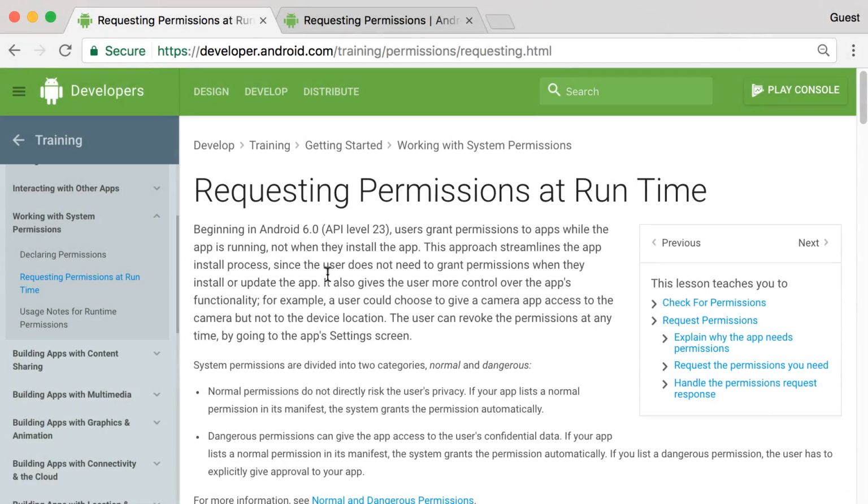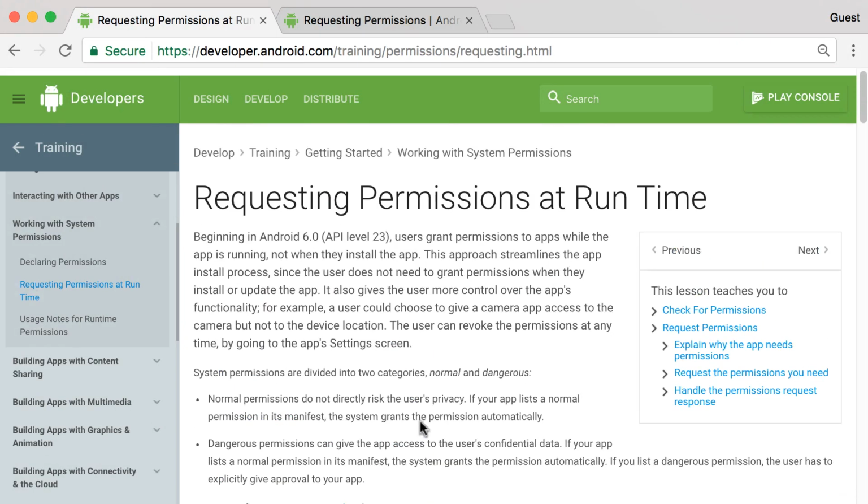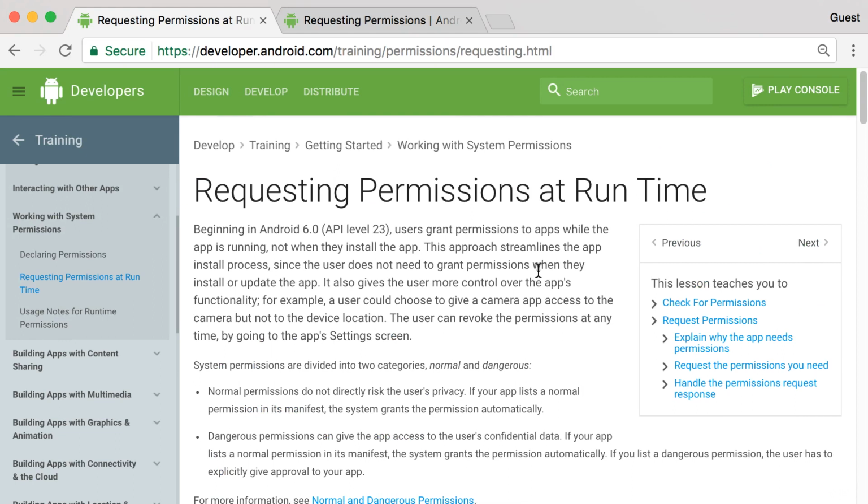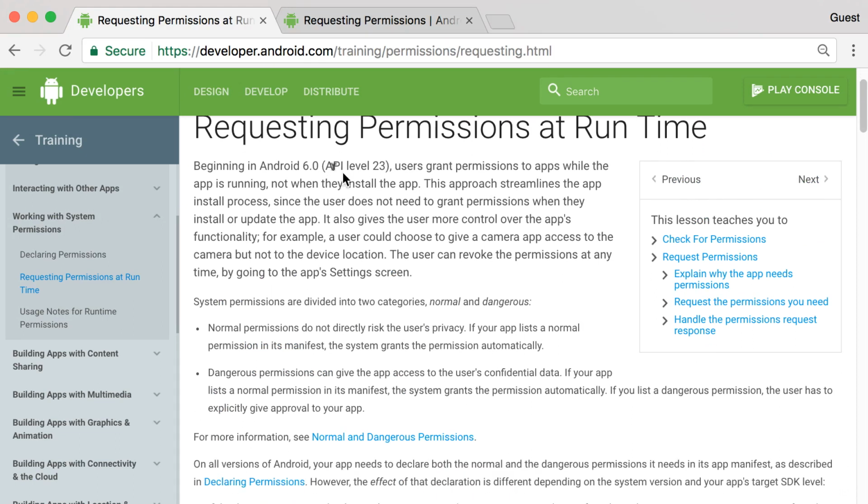In this video, we will look at requesting permissions at runtime. So I'm just going to read through some of the stuff here for you to understand what is requesting permission at runtime. What does it mean? So beginning in Android 6, users grant permission to apps while the app is running, not when they install the